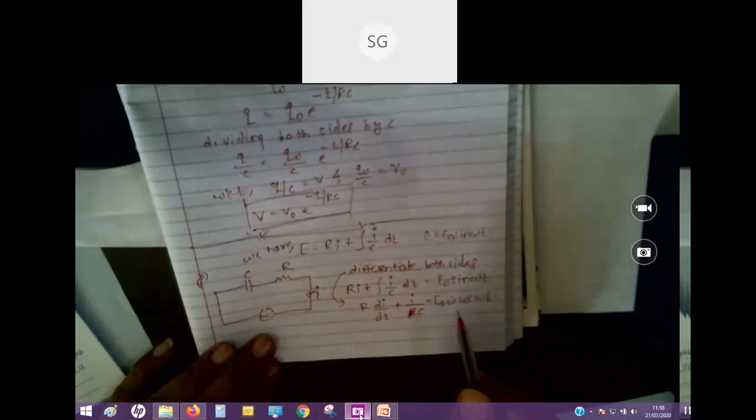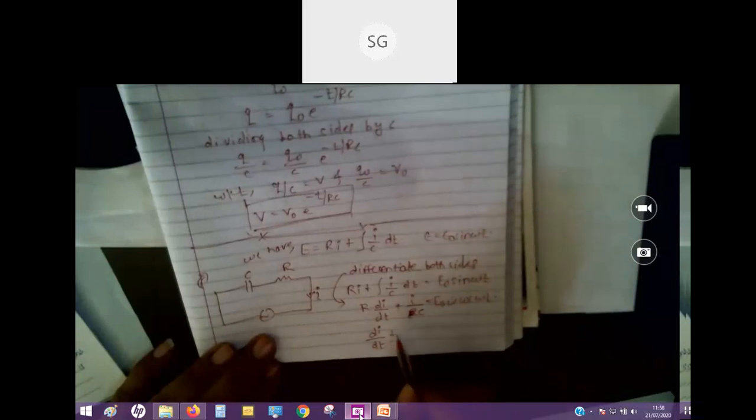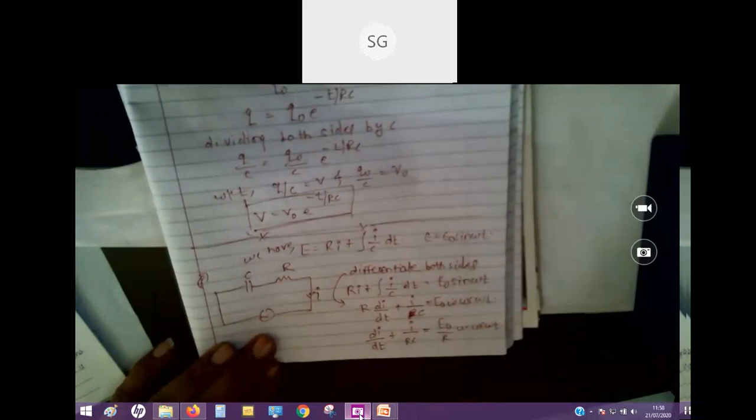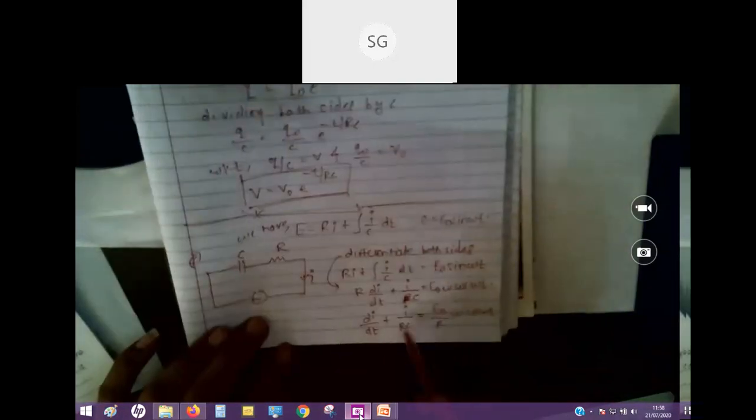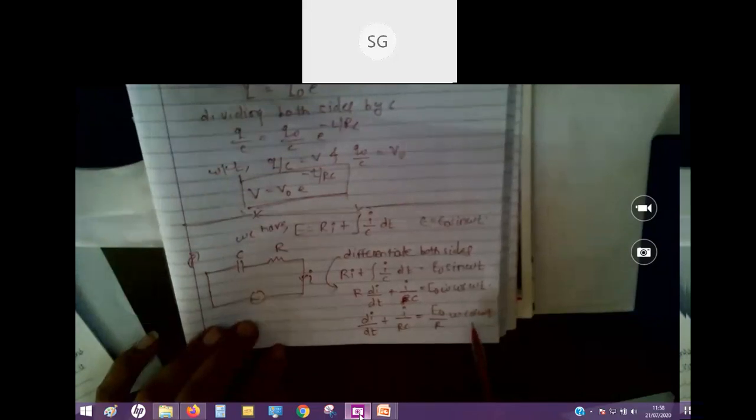What will we do? Still this equation is not in standard form. We will divide it by R, the method we have followed all the way in our course till now. So E naught upon R into omega cos omega t. Now this is in standard form, di by dt plus P i equal to Q, in the form dy by dx plus Py equal to Q. I think this is understood to you now.